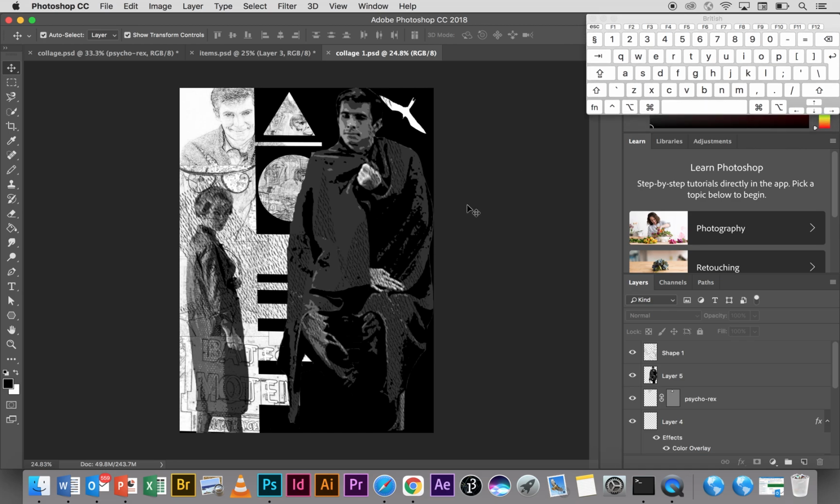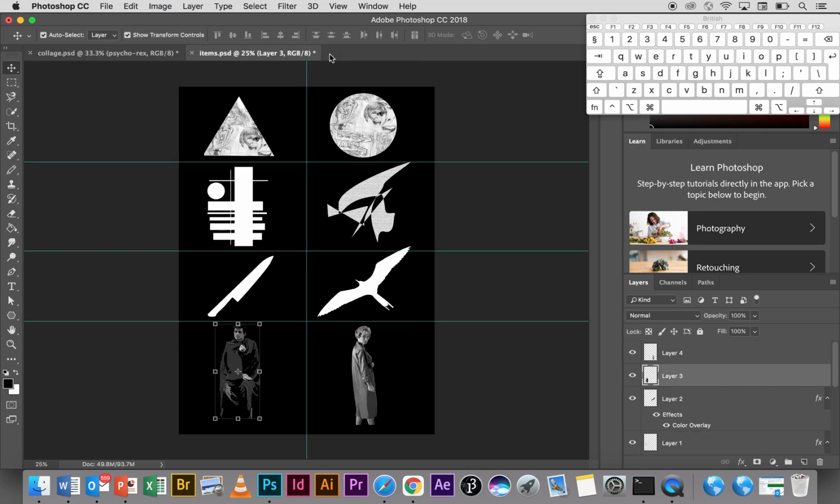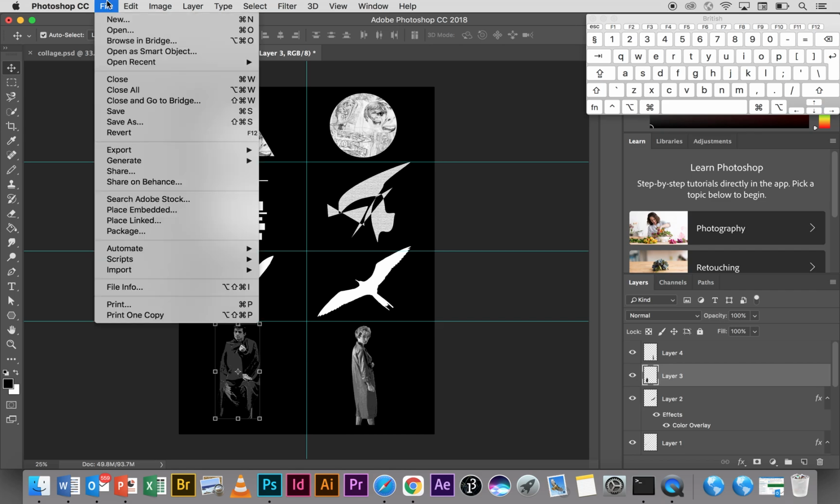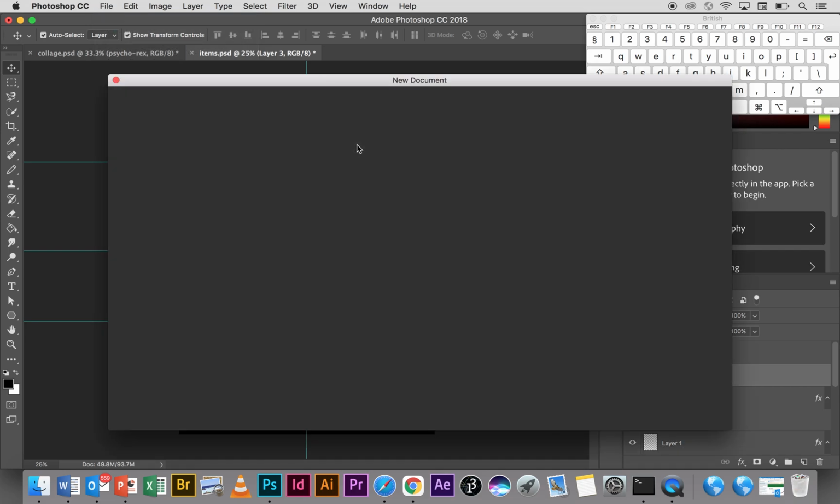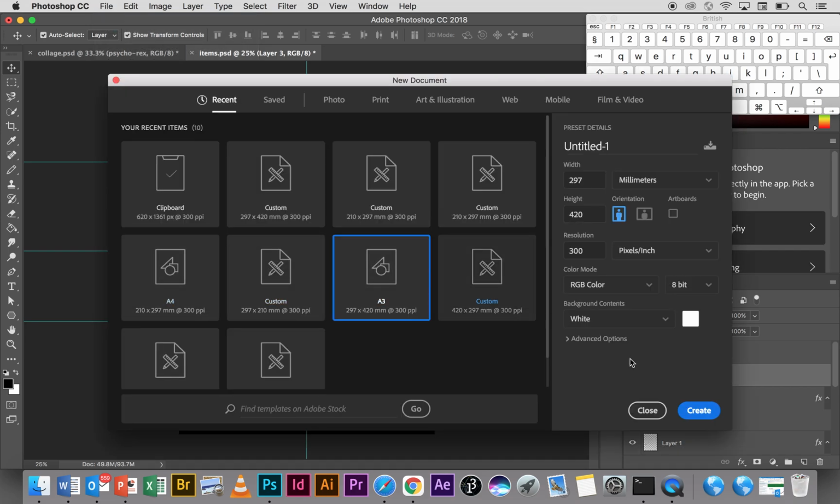Okay, so now I'm just going to get rid of this. And we're going to work with limited items. So really start to think now about what you think works well. So I'm going to start opening document A3, black background,